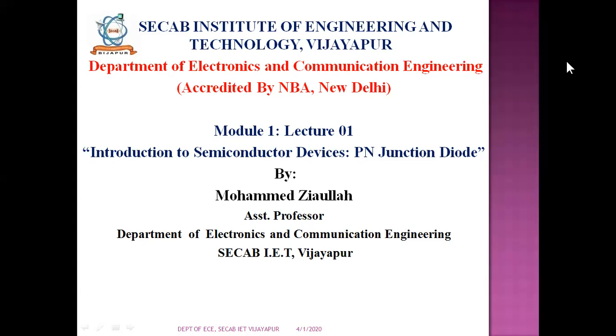Now, what do we mean by the word device? A device is something on which we try to have some practical exposure and practical analysis. The basic components of electronics, like the resistor, capacitor, and inductor, fall under the physics part. When we take some basic elements of electronics and build an operational device, which we can use for applications, such devices are called semiconductor devices. In that, we will focus more on the PN junction diode.